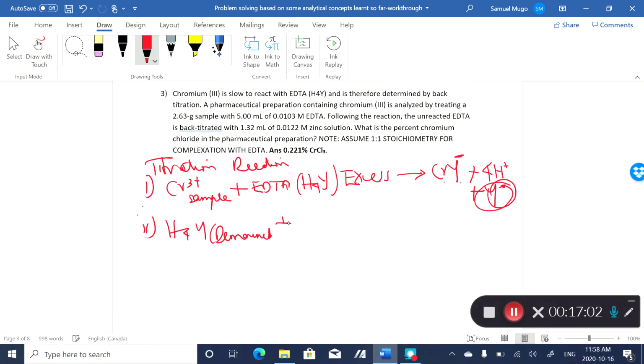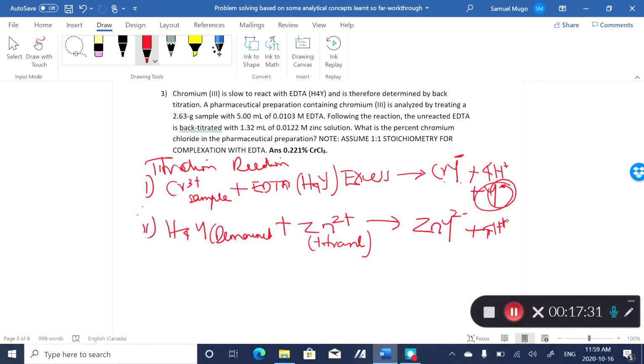I'm reacting that H4Y with the zinc 2+. This is my titrant. And it's giving me the zinc complex, plus the acid that dissociated. Not very important in this case, but it's there. Okay,